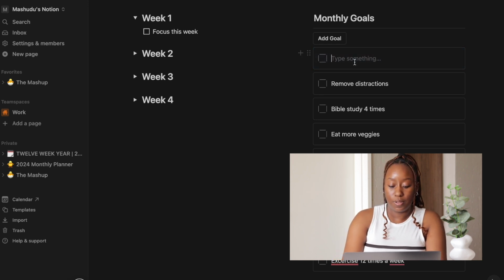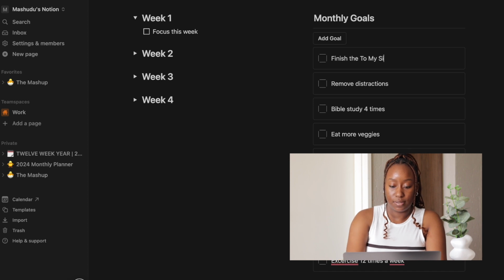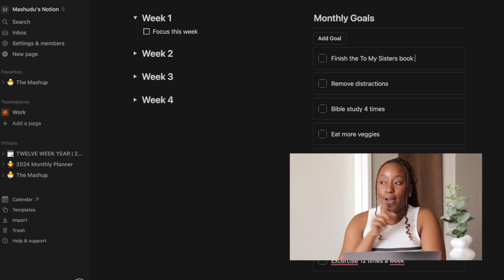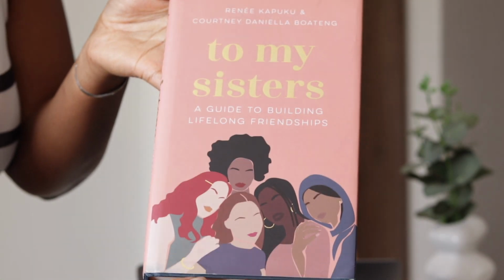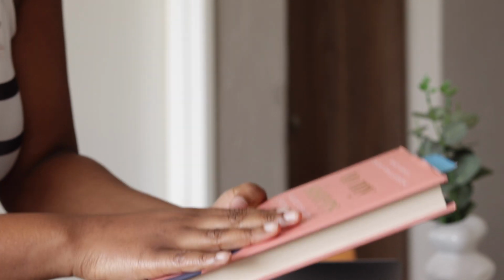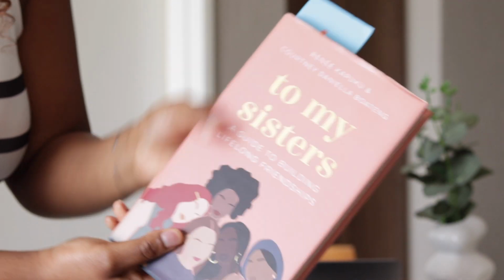For example, finish To My Sister's book. Okay, I want to grab the book to show you how far I am. So this is the book I am referring to. Just one thing about me, I'm not a very good book reader. I don't read books, but this year I decided I want to start reading more.